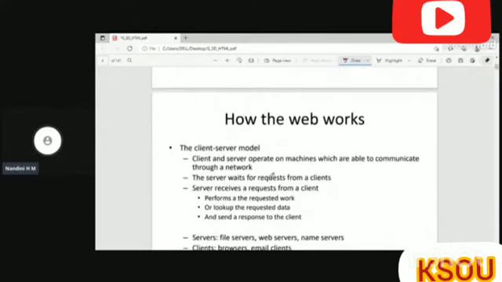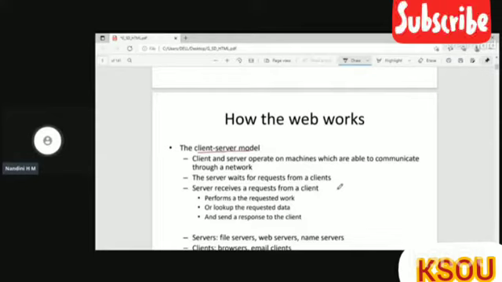So we got an idea about a website. Now we have to understand how this web works, right? It works based on the client server model. A client is a device or a system which requests data.